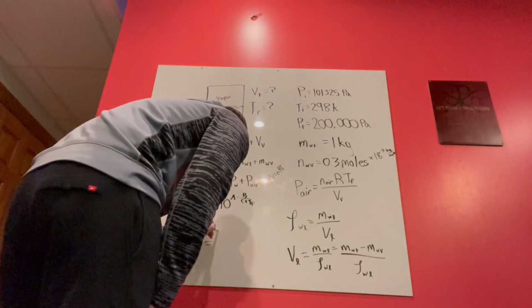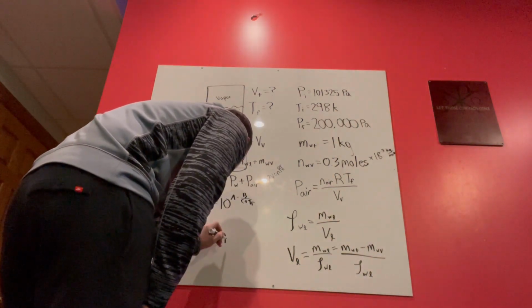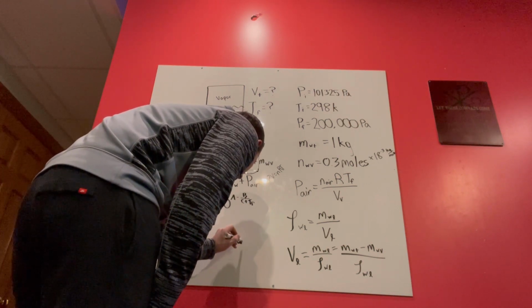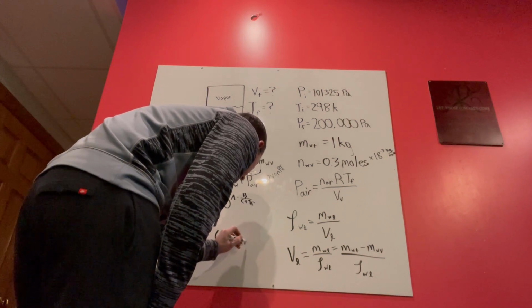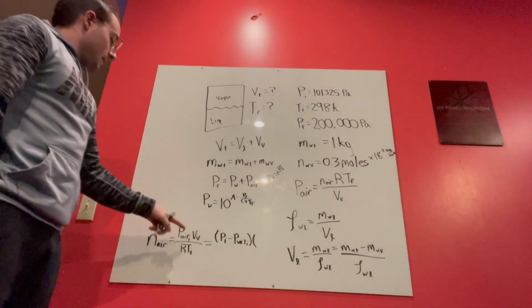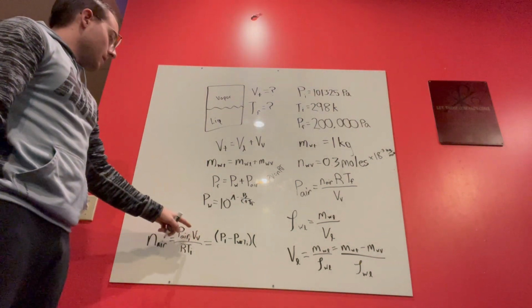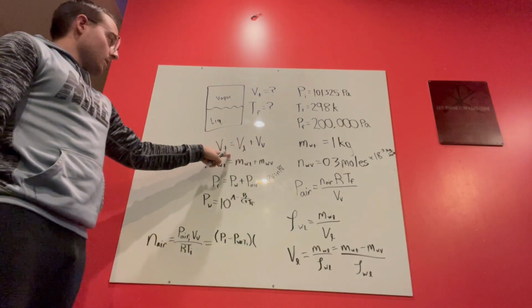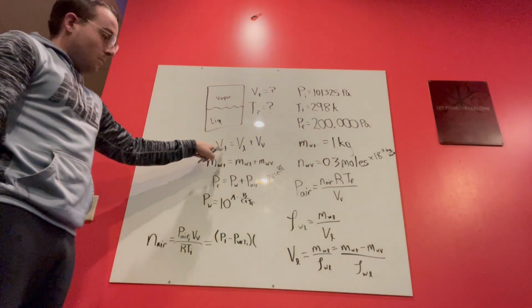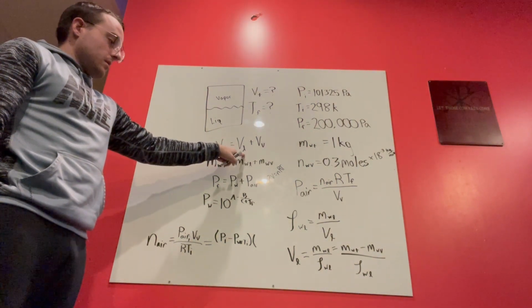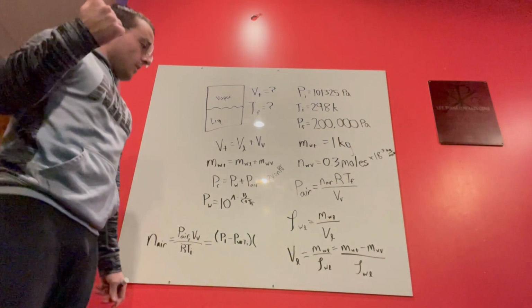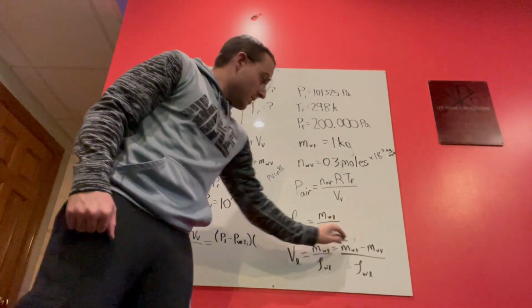So it'll be initial pressure minus pressure of water at Ti, and then that will be multiplied by the volume in the vapor phase. But using this, we know that the volume of the vapor phase is equal to the total volume minus the liquid volume. And so to make it easier on ourselves when we go and code, I'm going to plug this right here into